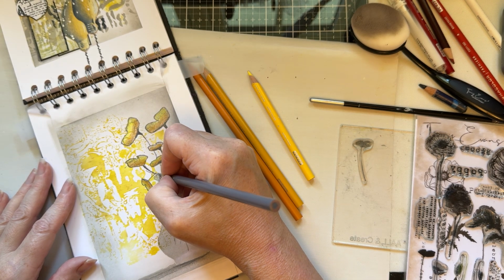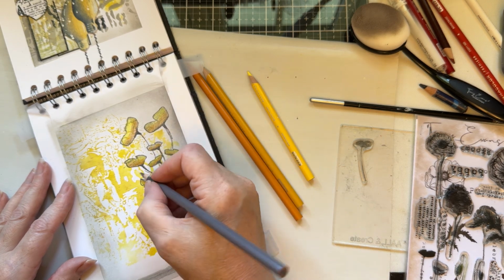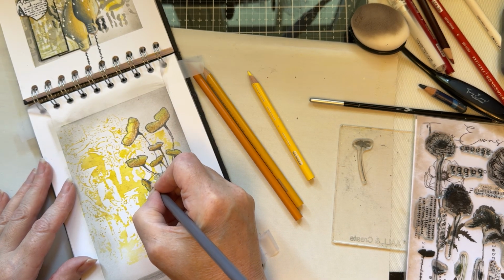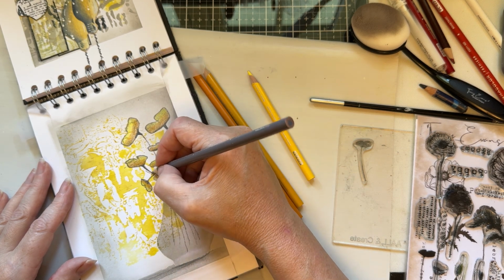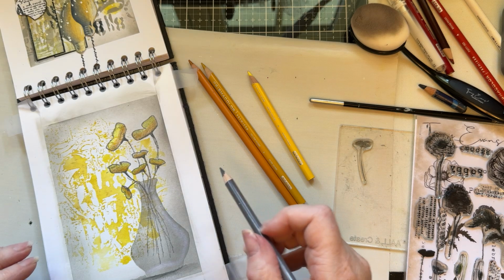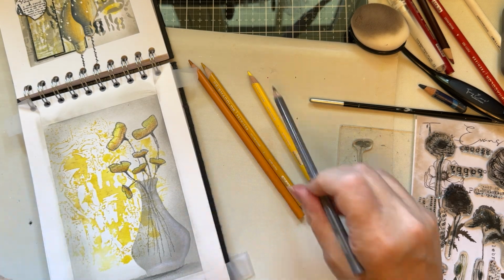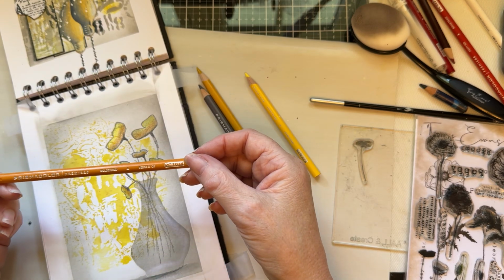There we go. And you can add some twiddly bits in if you want. I'm not bothered if you want to add some of your little twiddly bits that you just draw on or something. I'm just making up stems just so it looks quite natural. So we've done the grey. So then I'm going to come back to the